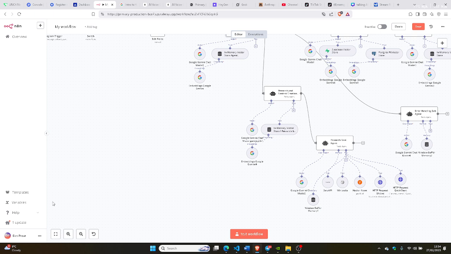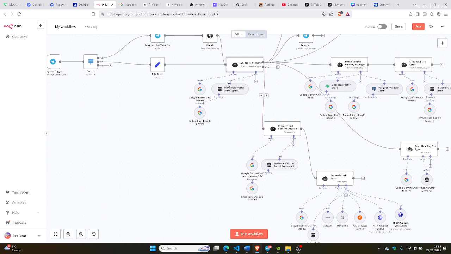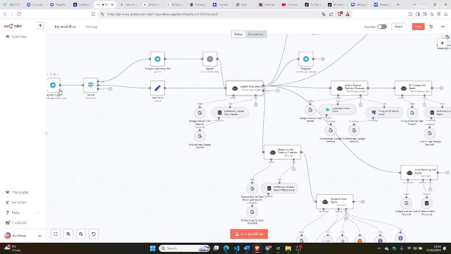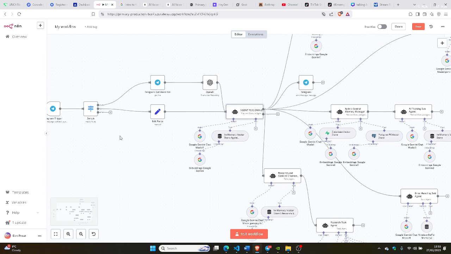So really give the ultimate research agent. And Lola is basically this agent here. At the moment she will be triggered from a message or a voice message in Telegram, and then she basically delegates and